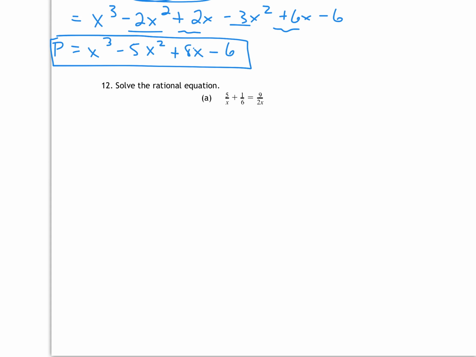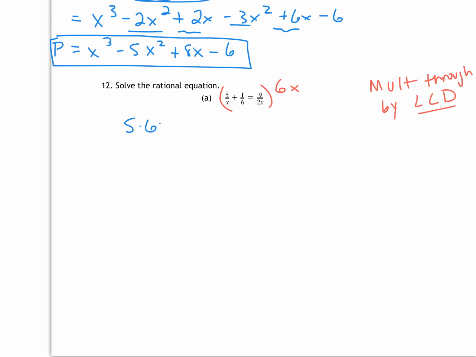Okay, moving on to the rational equations here. So remember, the rational equation, we always want to multiply through by the LCD. So the least common denominator here is going to be, let's see, I see an x, 6, and 2x. So we're going to multiply it all by 6x. That should cancel all the denominators when I multiply through. So I have